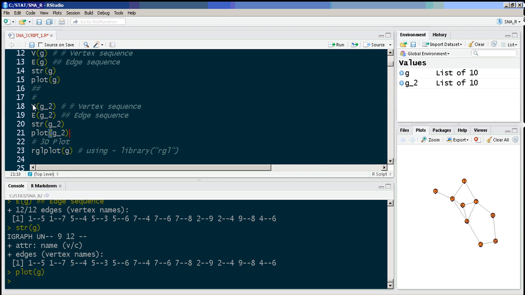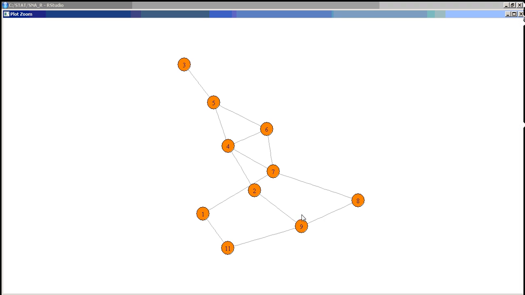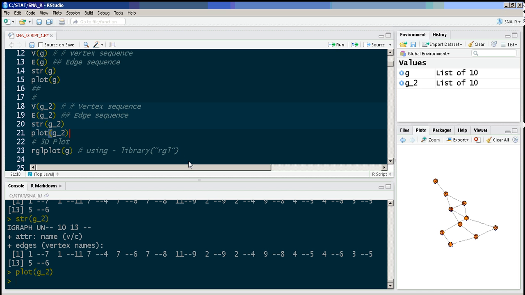Okay, so similarly, I go ahead and look at my second graph. And when I look at my second graph, again it's similar, but because I added 11 over here and I added some other relations, it looks slightly different. We are not saving that in the,